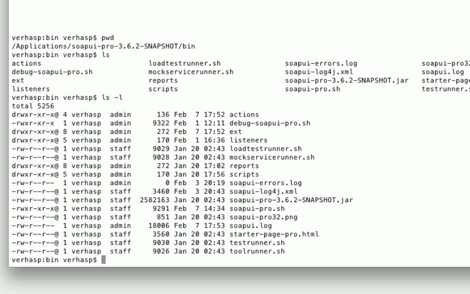test runner, because these are the directories where Pegamento test runner is installed. If we look in the directory